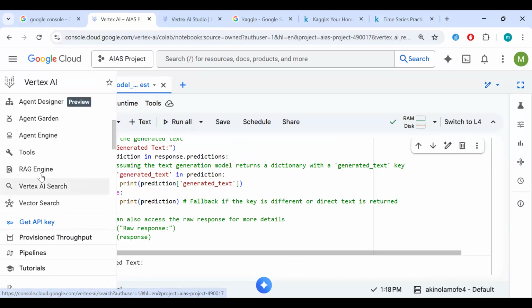Now, like I said, RAG is basically just augmenting your model with your company's data. And for this exercise, I'll be using my company's question and answer pairs, and then we'll see how the model responds with RAG and without RAG. So, but first for RAG, we need to download our